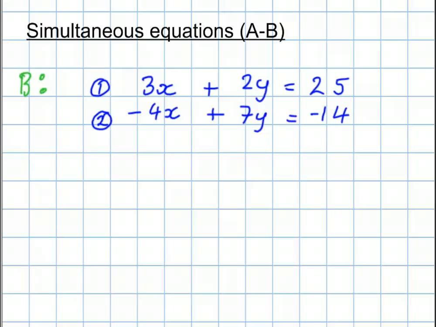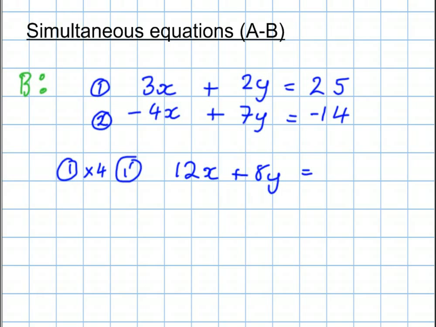How do I do it? Well, I alter by multiplying equations 1 and 2 so that the coefficient, the number in front of x or y, is the same. In this instance, I'm going to go for x. I'm going to try and get the same number in front of x, the same coefficient. So I'm going to multiply equation 1 by 4 to get equation 1 dash, 12x plus 8y equals 100. And I'm going to multiply equation 2 by 3 to give me my new equation 2, minus 12x plus